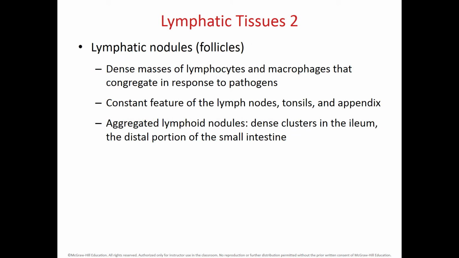Another type of lymphatic tissue will be the lymphatic nodules or follicles. And in here we have a denser population of lymphocytes in a specific area. And we also have macrophages. And we have them within the lymph nodes, the tonsils, and the appendix. And the aggregated lymph nodules can take a specific name in different areas. So for instance, in the small intestine, in the ileum, they will be called the